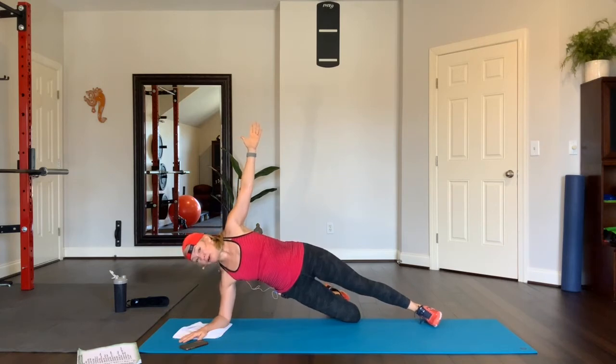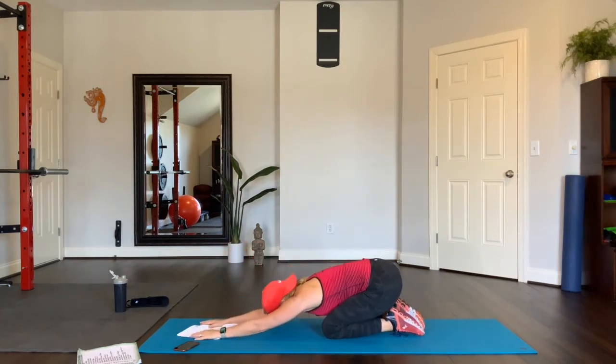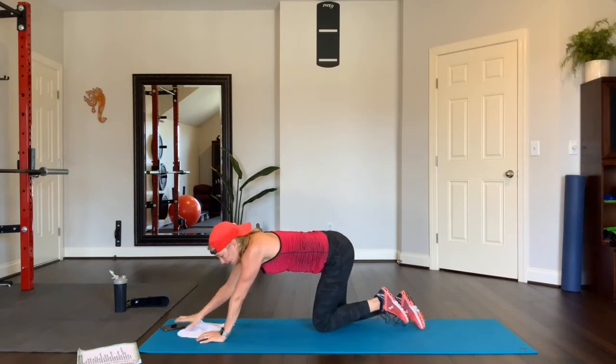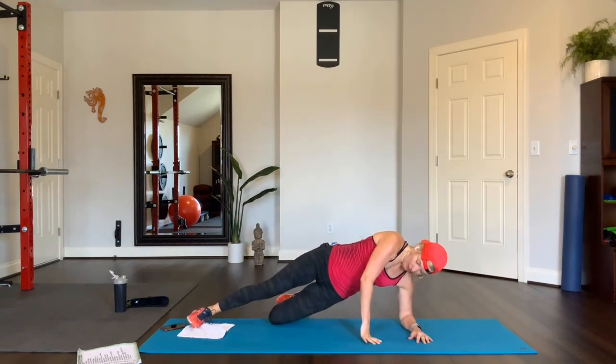Press into your forearm, your hand. By the way, my hand is forward like this or at an angle. All right, so now child's pose. And side plank, the other side, like this. Reach up,